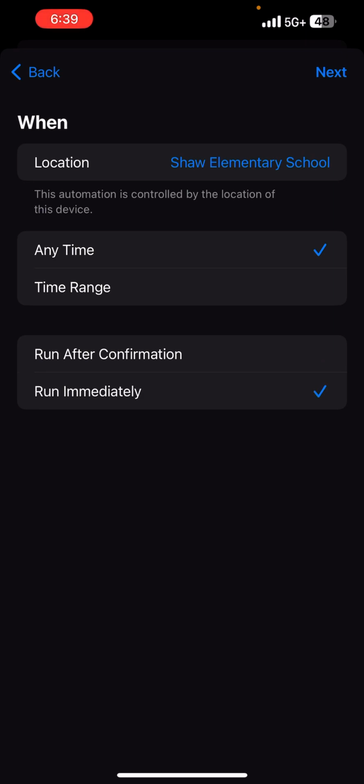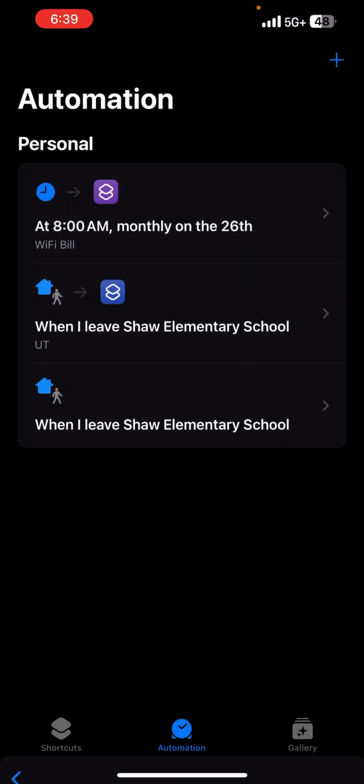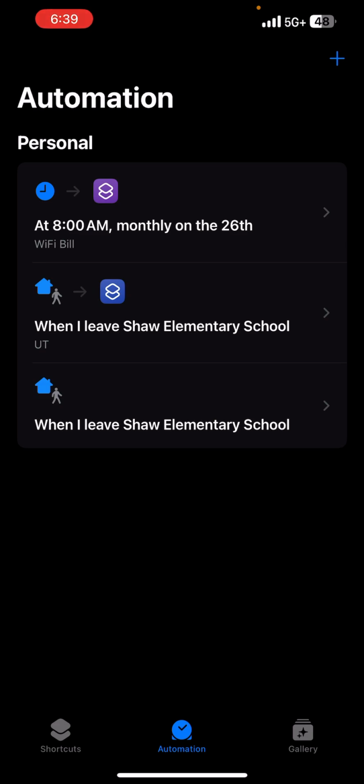When it's going to pick up when I leave work, and the Maps app is going to open and start mapping me to UT. Then I will hit next, and I will choose the shortcut I created, UT, and now it's in there. I can see that when I leave Shaw Elementary, it will map me to UT automatically without